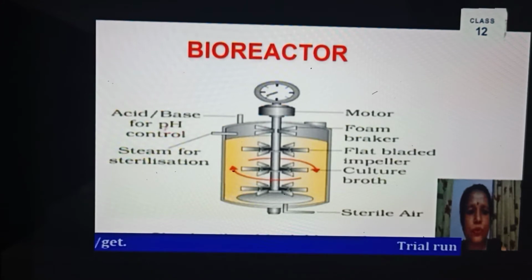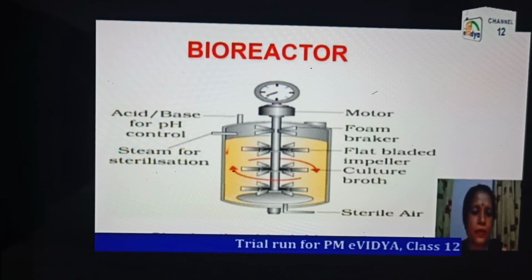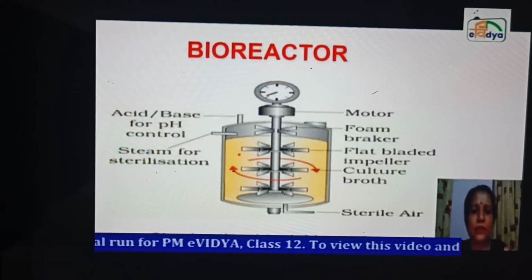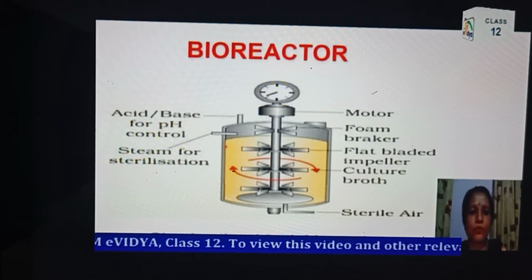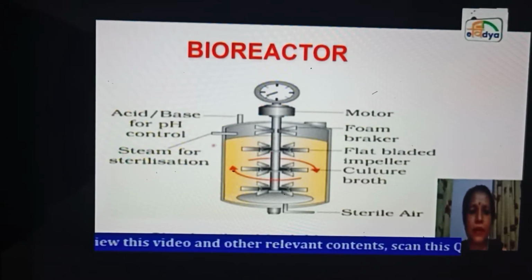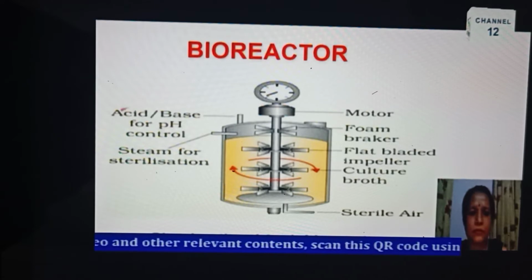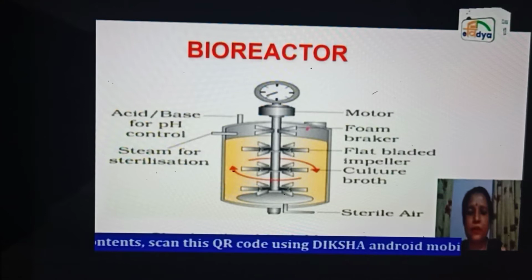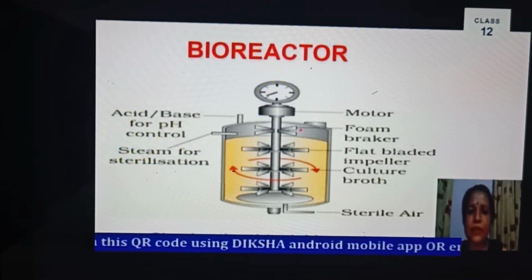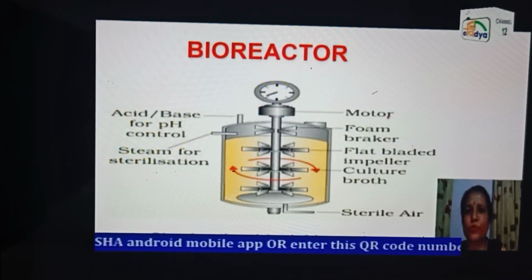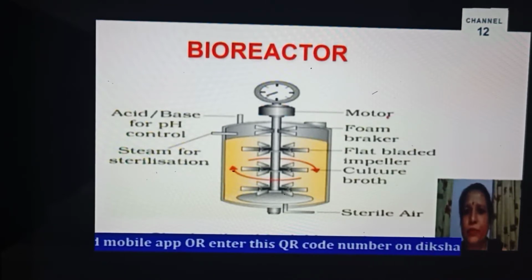Now there is also acid base for pH control. If inside the bioreactor it becomes acidic, then a small amount of base can be added, or if it becomes basic, then a small amount of acid can be added. So acid base is controlled by this port inlet device. Now there are also sensors for acid-base detection as well as temperature regulation. And these sensors help to know about the condition of the bioreactors.